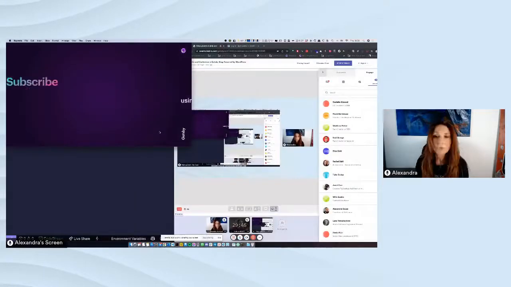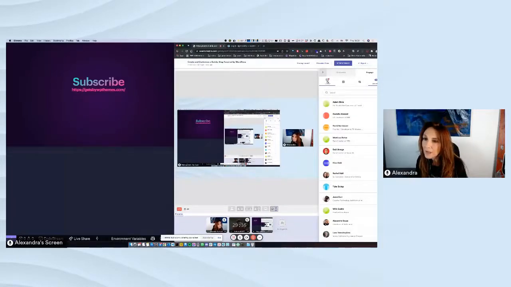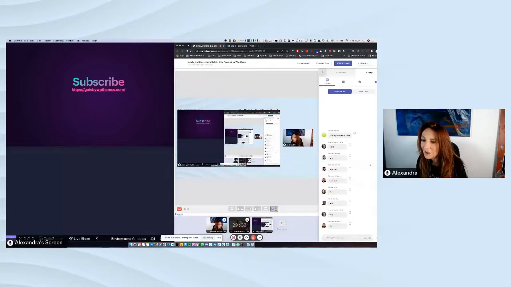So first, you need to subscribe on Gatsby WP Themes in order to receive an email and to download the necessary files. So, yes, the chat is here. Okay, great. I just learned this platform just before, so it's not so easy. So as everybody downloads the files,